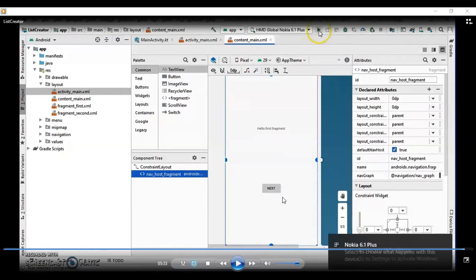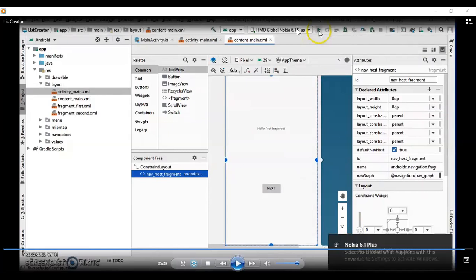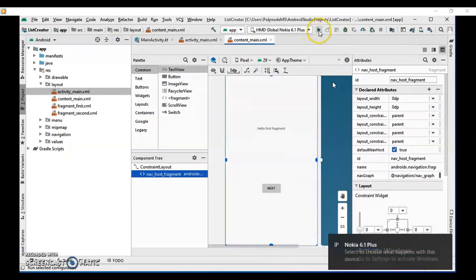I am running this application on my Android mobile phone. It will display one application with one toolbar. The name of the application will be List Creator. In the toolbar, if you click on the three dot button, the settings option will get displayed.